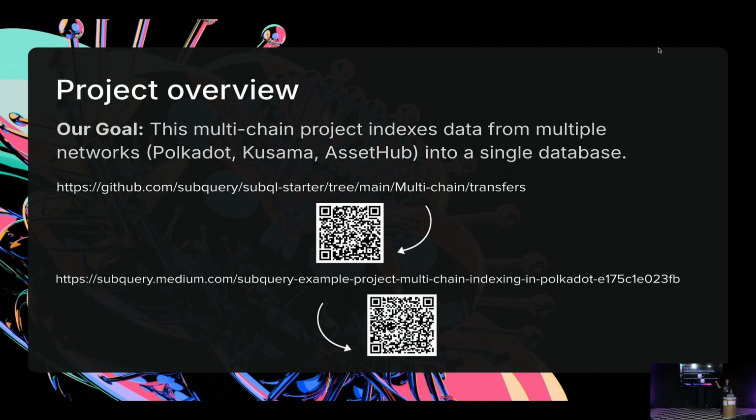The first QR code and the first link is linking to our starter project. So this is the project that we are sharing with you, and I invite you to fork it and give it a test run. And below, another link and another QR code is to an example article. That's a longer blog post discussing step by step what we did and how, with a lot of useful resources to more technical documentation if you want to dive even deeper into multi-chain.